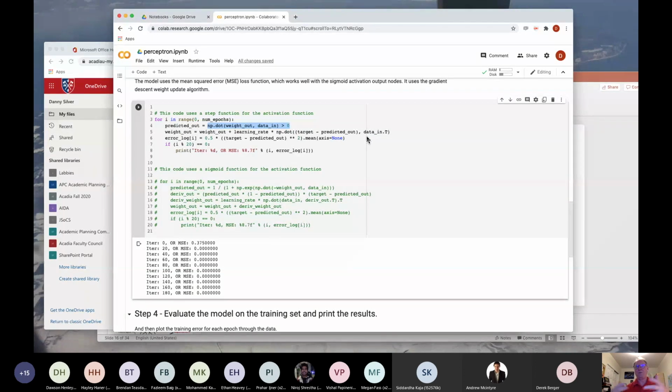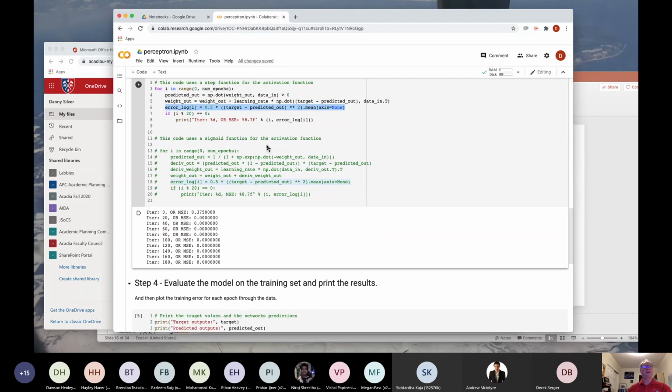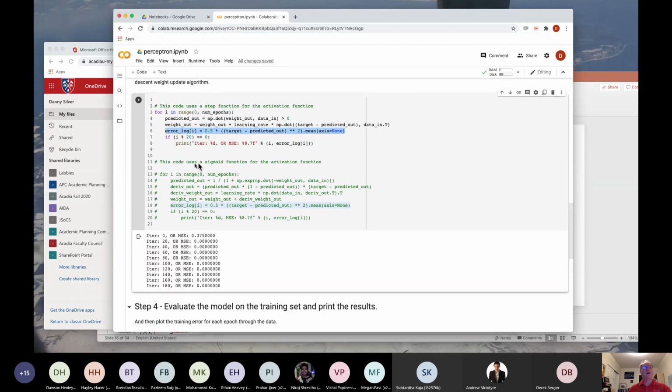That's the beauty of using NumPy arrays in Python: we're doing all this with vectors all at once. And then we're recording the error, which is the difference between the desired output and what we're actually outputting, squaring it, and then multiplying by 0.5, which you'll see in a bit why we do. I also have a bit of code which you can experiment with here.